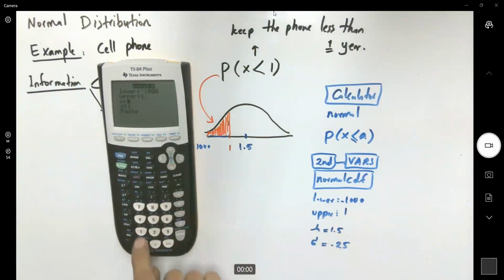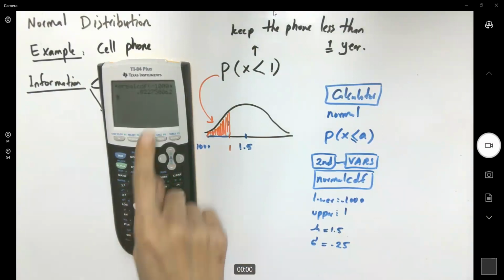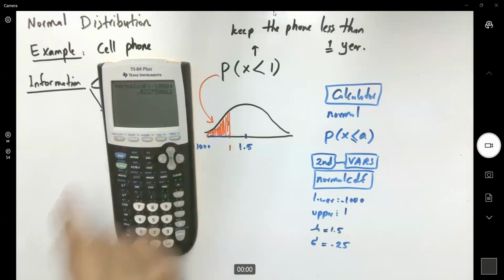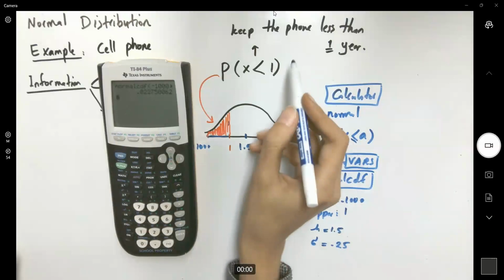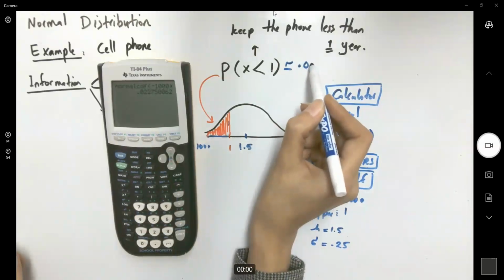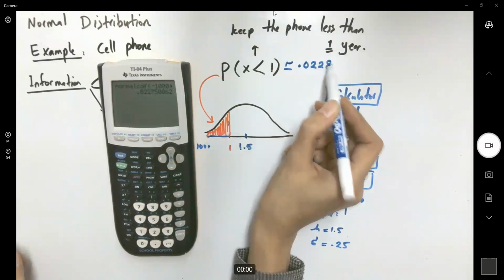Mean is 1.5 and standard deviation is 0.25. Well, let us calculate this probability. This probability is 2.28%. Write it as 0.0228 or